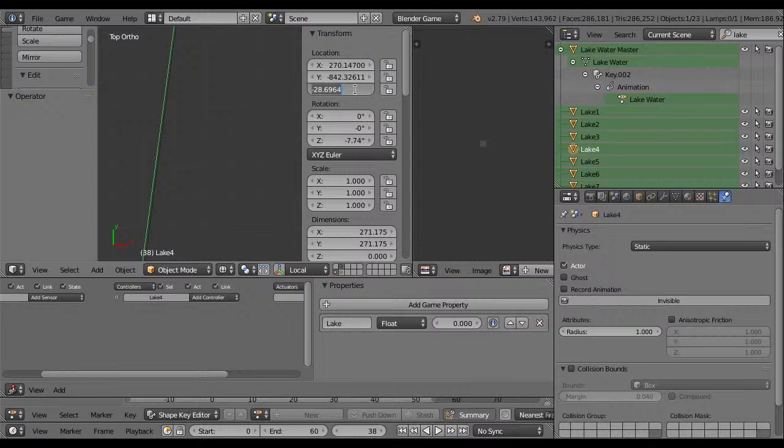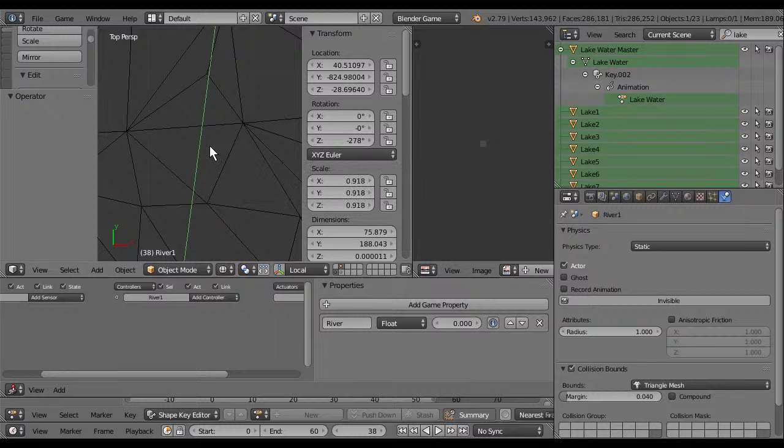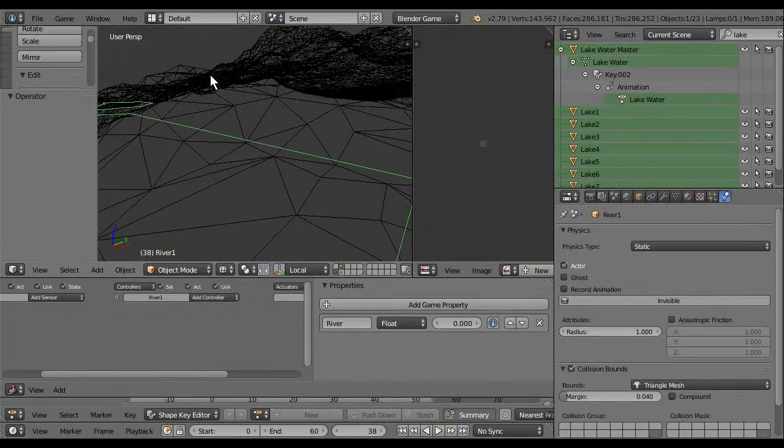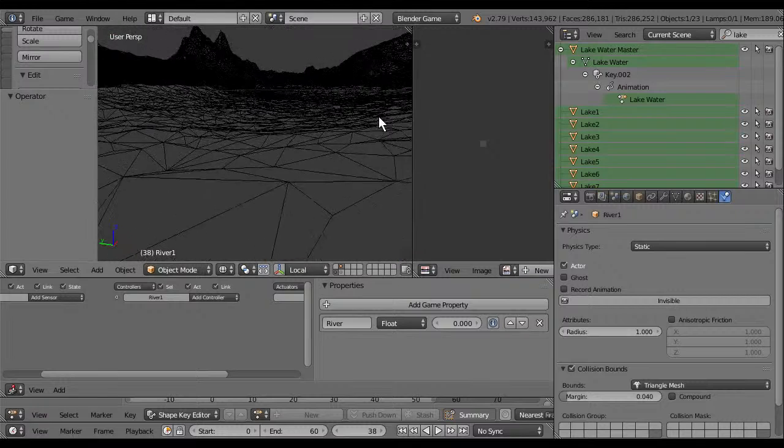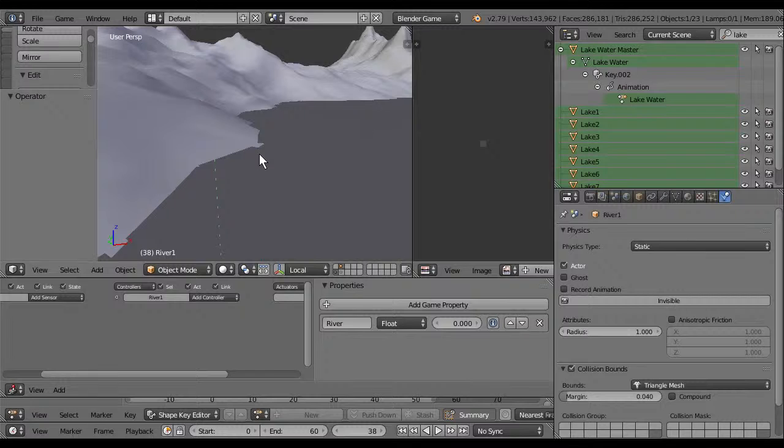It's probably the height. It has the same height, but cannot see any scene. That's pretty weird. Oh my.